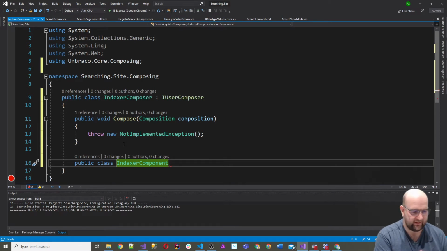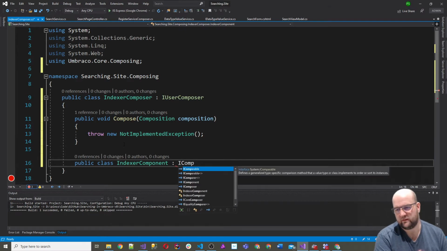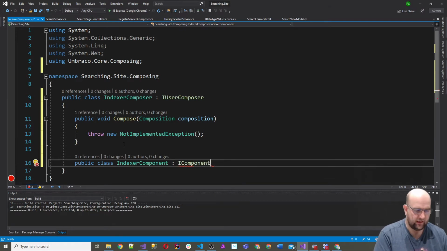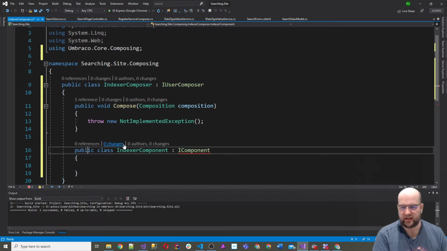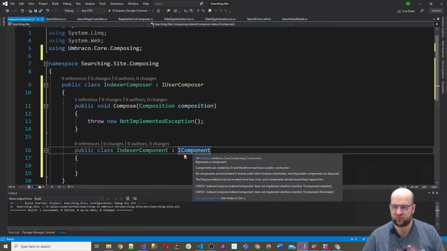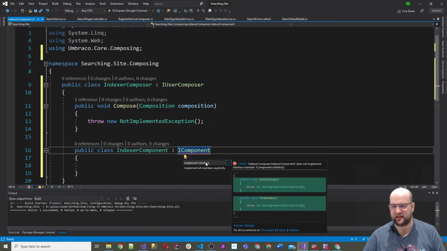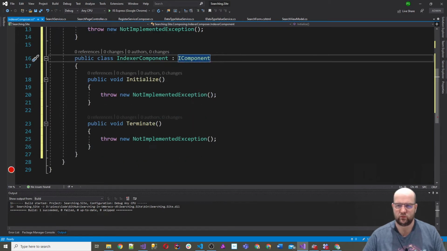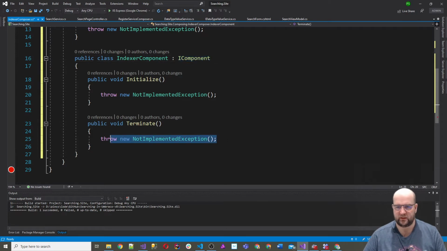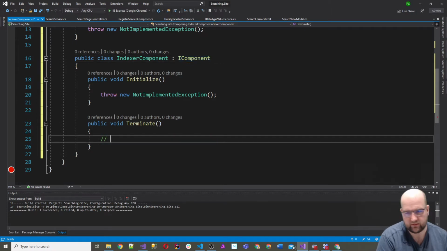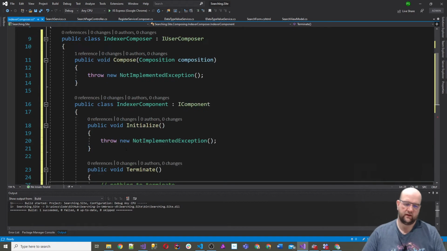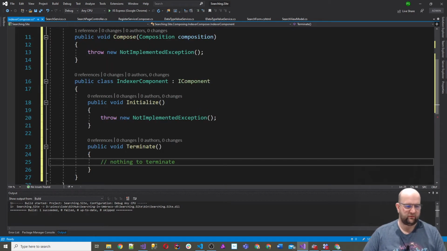Right, so we're creating a class called IndexerComponent, which inherits from IComponent. And again, it's going to complain that we haven't implemented the interface. So again, let's let it implement it for us. So we've got an Initialize and a Terminate. And with the Terminate, we can just put a comment just to say nothing to terminate. I think it would still work even if you just deleted Terminate, but we'll just put that in there